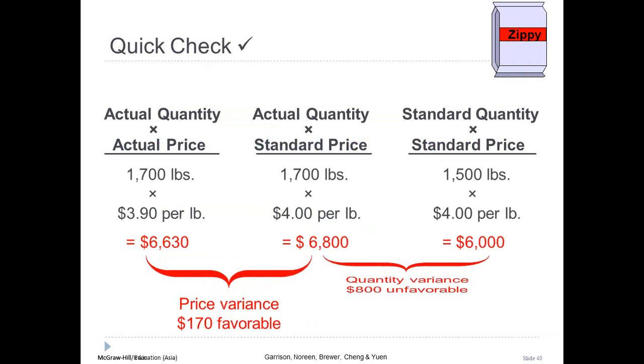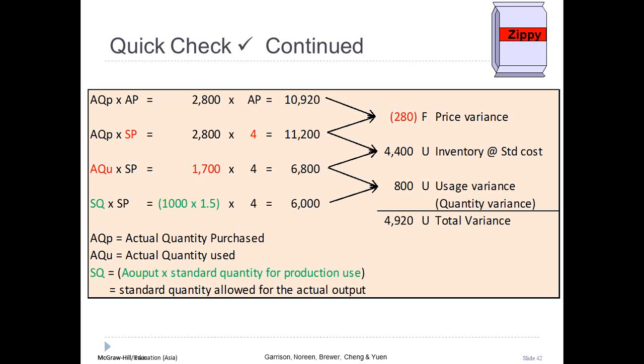The company purchased more than it consumed in production, leaving some materials in inventory. The difference between the second and the third rows, the actual quantity purchased minus actual quantity used times standard price, represents inventory movement valued at standard cost. So in this problem, the purchased quantity is higher than the quantity used, showing a value of $4,400, which represents the value of the inventory